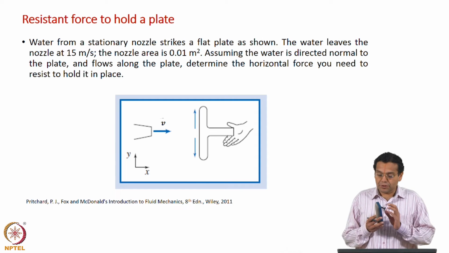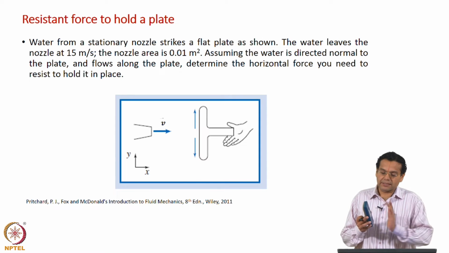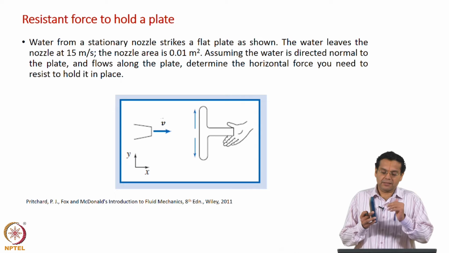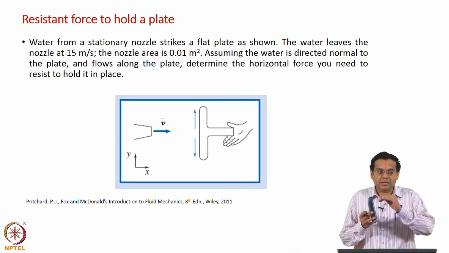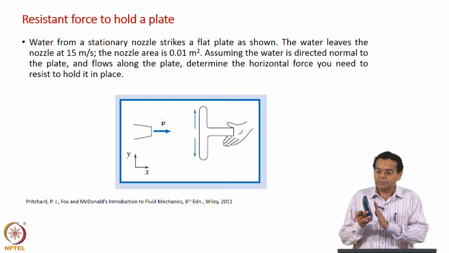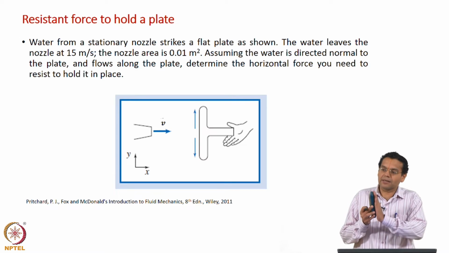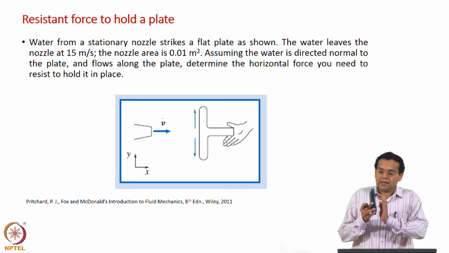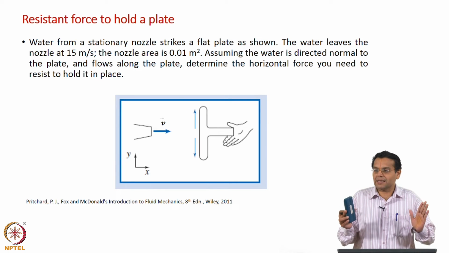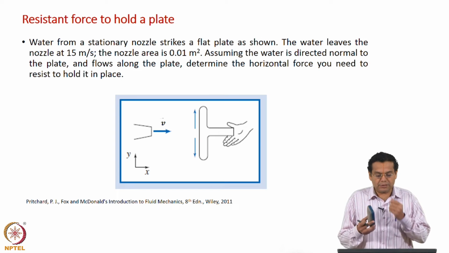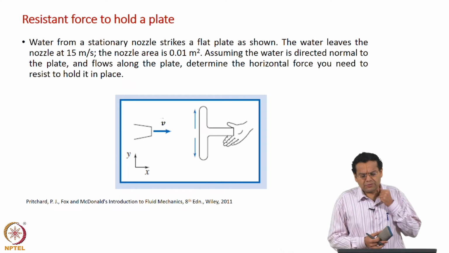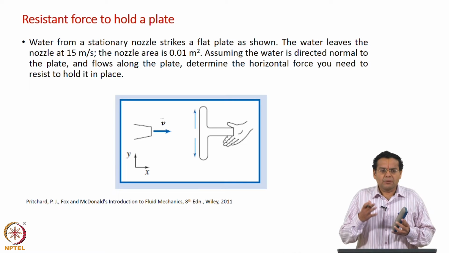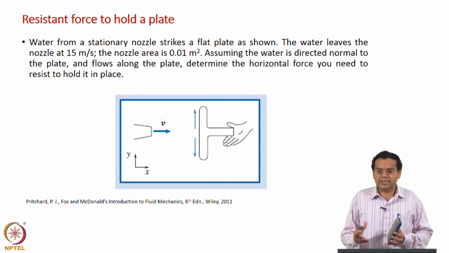If you do not do this, suppose water strikes this and goes somewhere here and here, then you should take some component of that along the x direction. But if I say water just goes parallel to the plate, falls down parallel, rises up parallel, then there is no component of this along the x direction. This makes the problem much simpler. So, we are asked to find the horizontal force, which means we are interested in the momentum in the x direction, force in the x direction, etc.